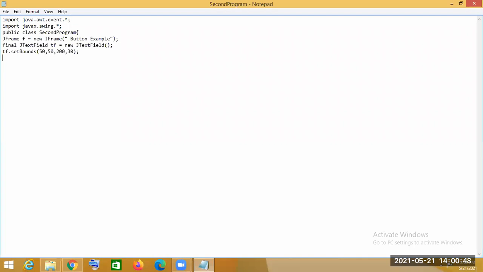That means the text field position will be fixed by this setBounds method, with x1, y1, and x2, y2. Here x1 will be 50, y1 will be 50, x2 will be 200, y2 will be 30.